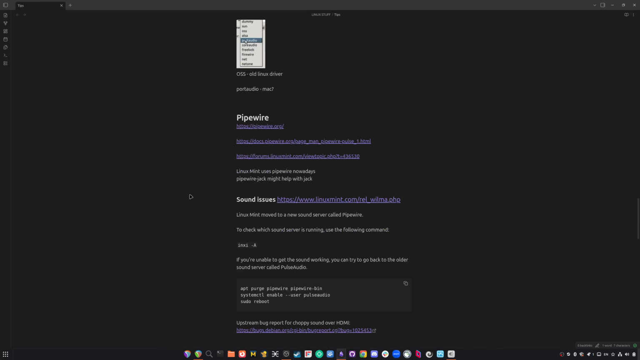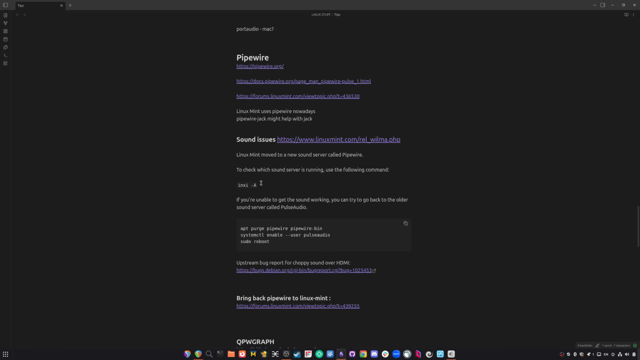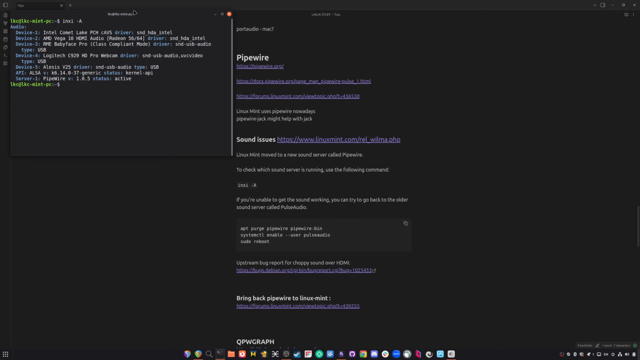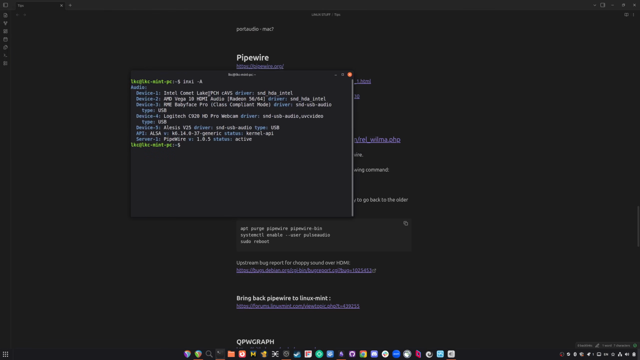Yeah, as you can see, this might be useful. This shows you all the stuff that exists. So this is, I guess, on the motherboard itself. This is the graphics card, HDMI output, and then there's Babyface. And there's also a webcam, which has, I think, both speaker and microphone embedded. And then this is just a MIDI keyboard